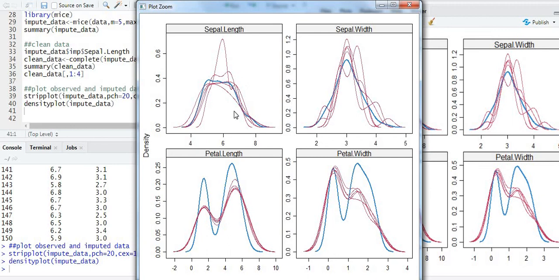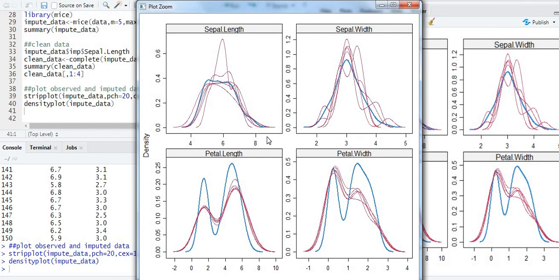So this is the density plot. You can see this red line is for the imputed data set. We have 5 imputed data sets. Basically in imputation, first of all they try to bootstrap the sample, and after that they use different methods like predictive mean matching and polyreg to fill the missing values. So we have 5 imputations, so we have 5 bootstrap samples, so that's why we got 5 red lines, 5 imputed data sets. So you can see the pattern of original data and our imputed data.